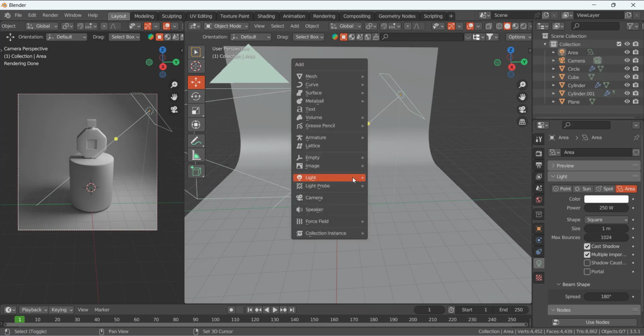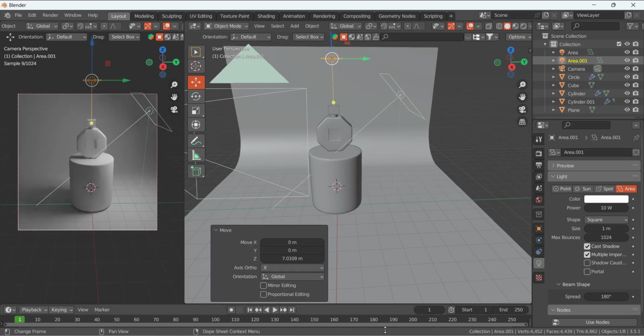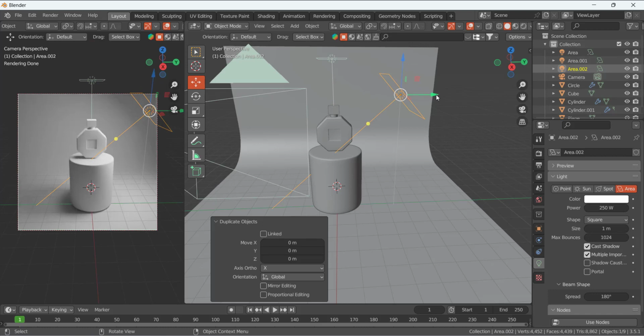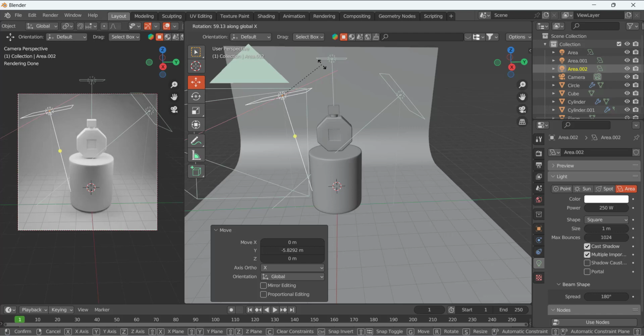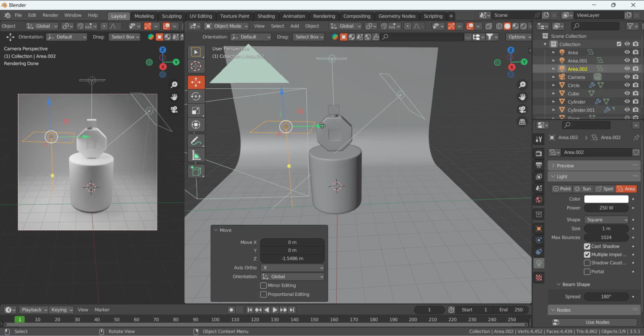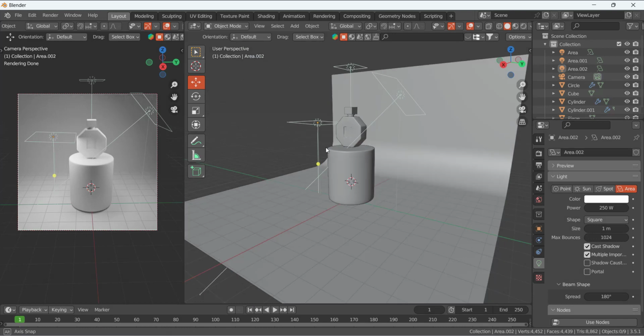And another light, Shift A, and we are going to add another area light. So this area light I am going to move it on the top side, increase its size, and here to increase its power 150, Shift D, move it to this side, R X, and like that. Okay,